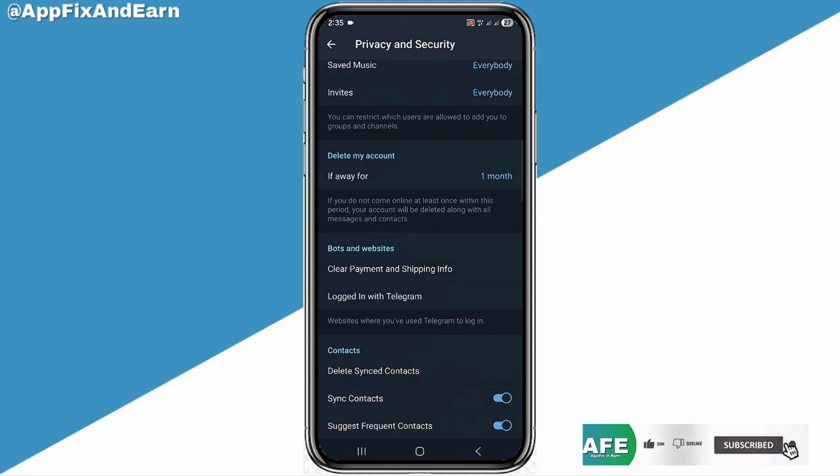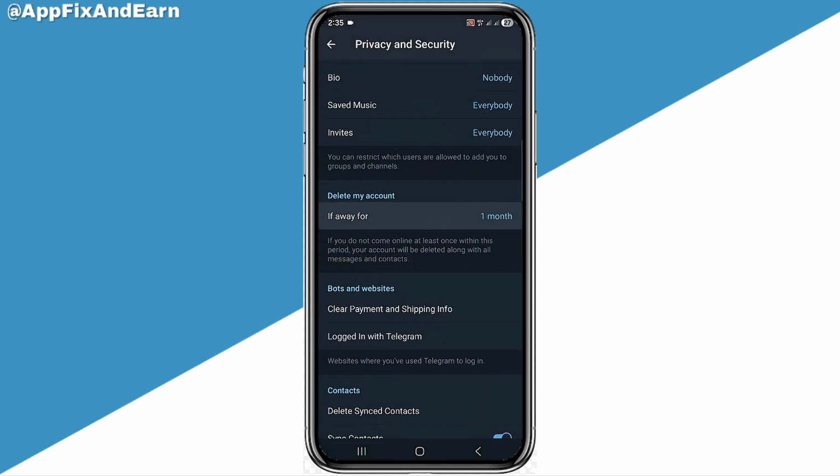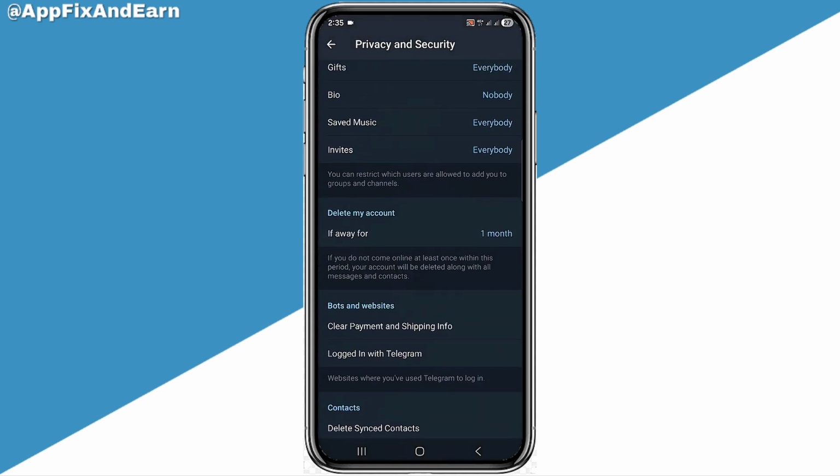Now that account, you're going to lose all the messages on that account and lose the account entirely. So this is what you can actually do in order for you to be able to delete your Telegram account currently. There is no option here currently that allows you to automatically delete it without waiting for a certain